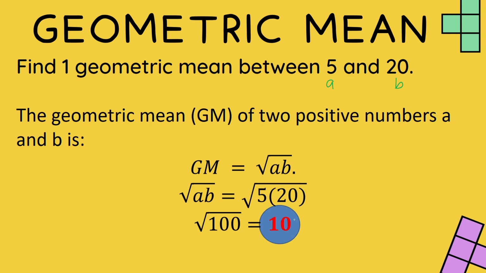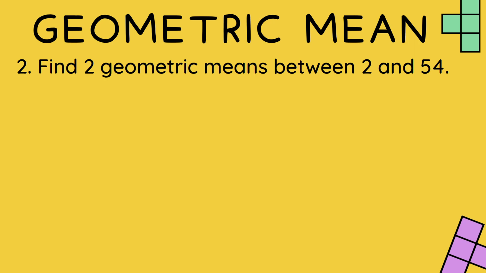So remember, we did not look for the r anymore. So we went directly to look for the mean. Remember, this will only work if we are simply looking for one mean. Okay? If we are looking for one mean, we are going to use this very easy step. So let's have another example. Let's have example number 2.